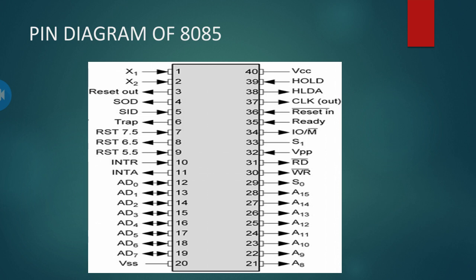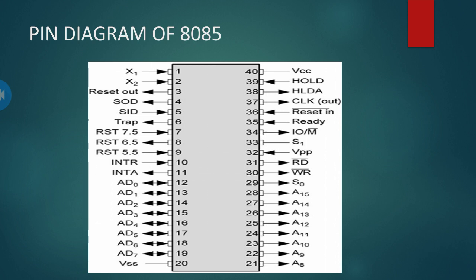X1, X2 pins are basically crystal oscillators, which are used to synchronize with the internal clock of the 8085. So the internal clock of the 8085 is handled by the CLK pin, that is pin number 37. So I hope that you are able to understand the difference, that pins X1 and X2 are used to provide